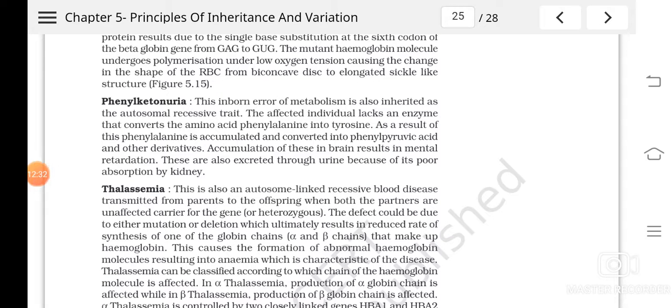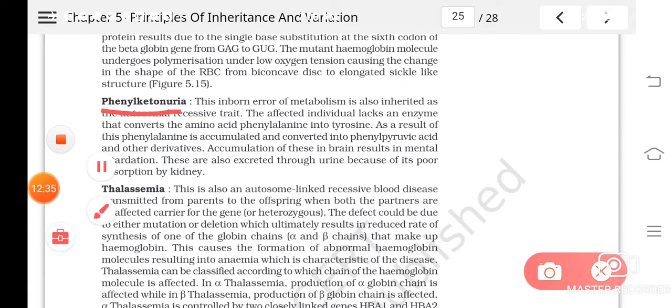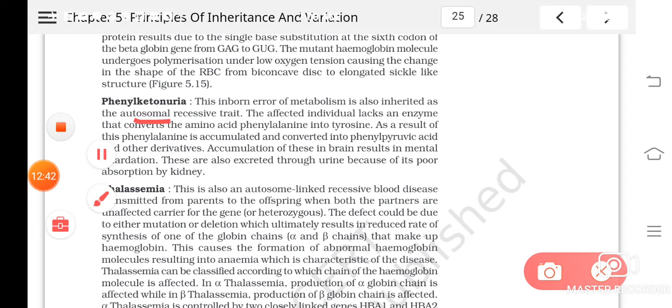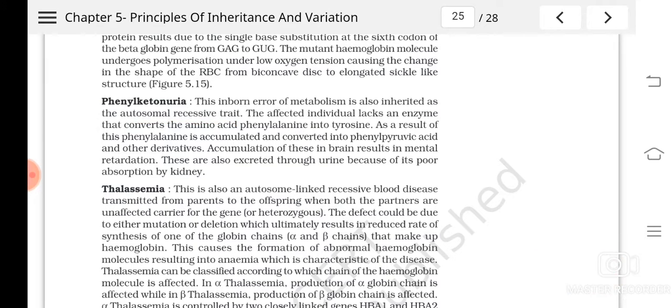Next disease is phenylketonuria, and this is also an example of a recessive trait, that is, an autosomal recessive trait. It means the gene is located on autosomes only, and it's a recessive trait, so it appears only if both the alleles are recessive, as we have two copies of each gene. Understood? And here the problem is, due to this mutation, the body is not able to produce an enzyme that is needed to convert the amino acid